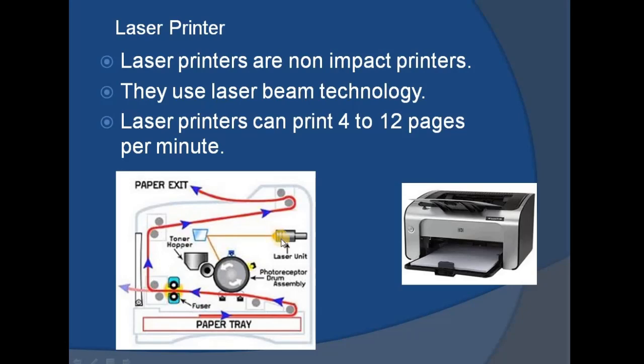You only need to remember that the laser beam is passed, and the mirror, it has a two-sided mirror, so the light gets reflected and is passed on to the photoelectric drum, and then with the help of the ink, the paper gets printed. I mean the characters are printed on this paper, and then we get the output through the paper exit. You just need to remember the basic concept in simple terms.